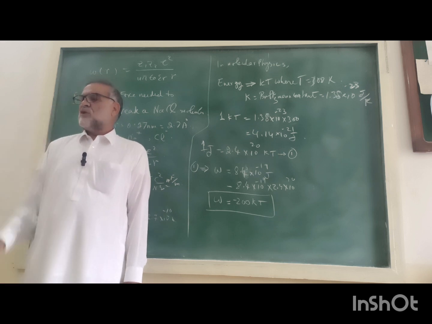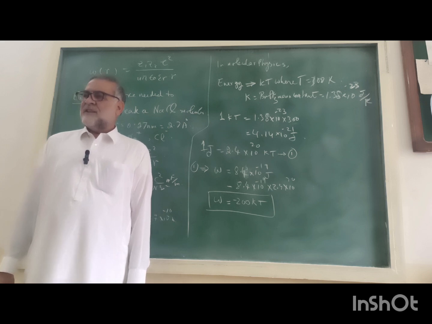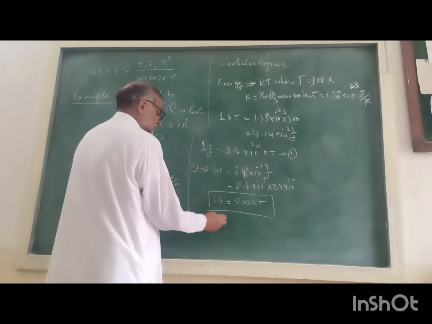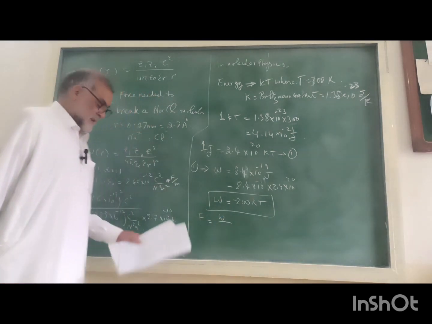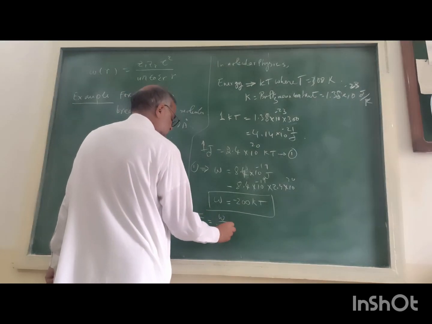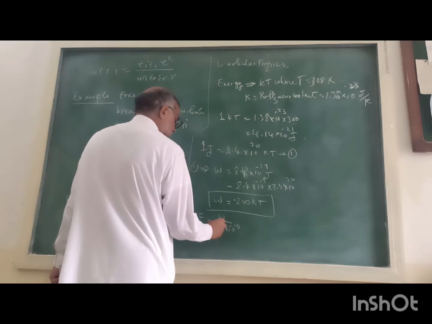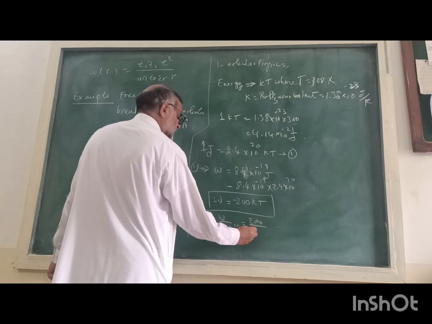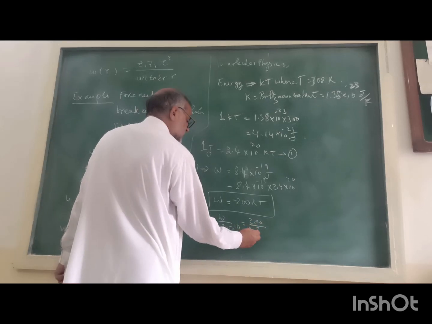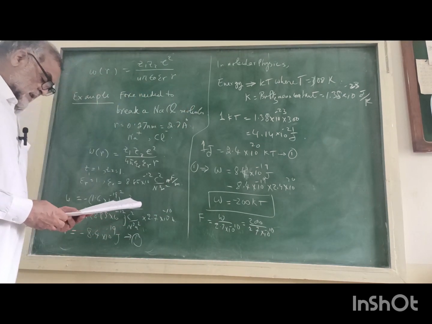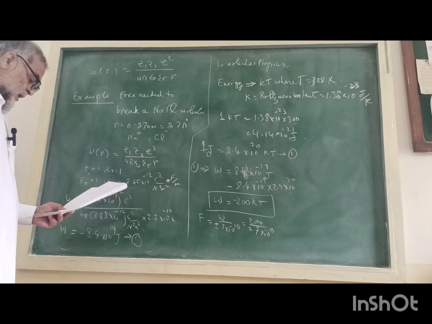So force is work divided by D. And the distance, which is the separation, is 2.7 times 10 to the power minus 10. So 200 kT divided by 2.7 times 10 to the power minus 10, and that comes out to be